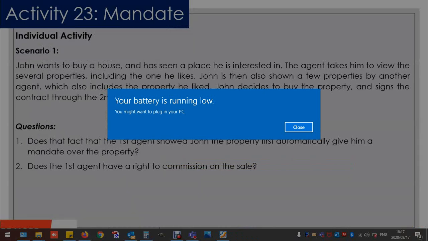Scenario 1, John wants to buy a house and has seen a place he's interested in. The agent takes him to view several properties, including the one that he likes. John is then also shown a few properties by another agent, which also includes the property he liked. John decides to buy the property and sign the contract through the second agent. Does the fact that the first agent showed John the property first automatically